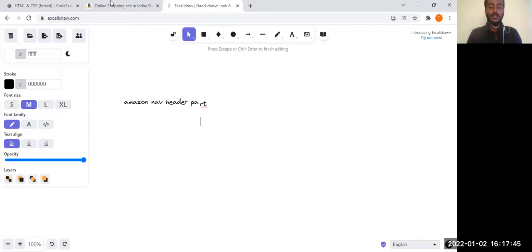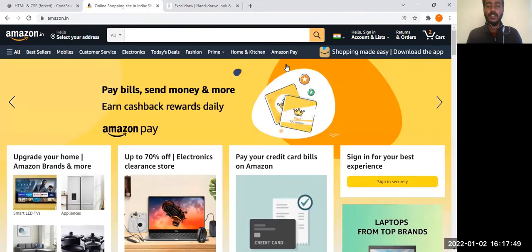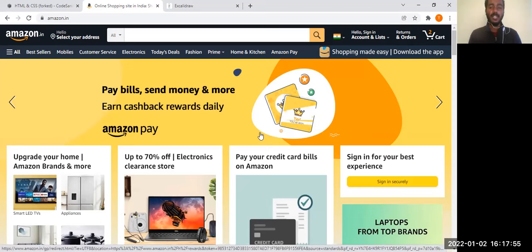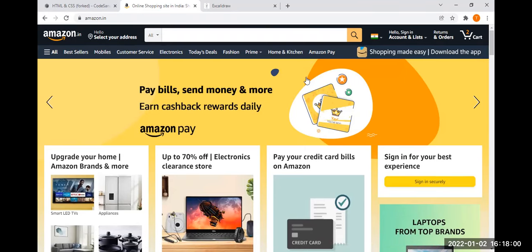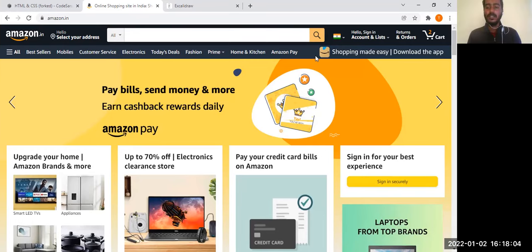Let's see what we will do first. Here, if you notice, you'll get some clue. Whenever you get a design, the first thing is to look for clues. The clue I get here is that there is a small space between this image and this whole part.